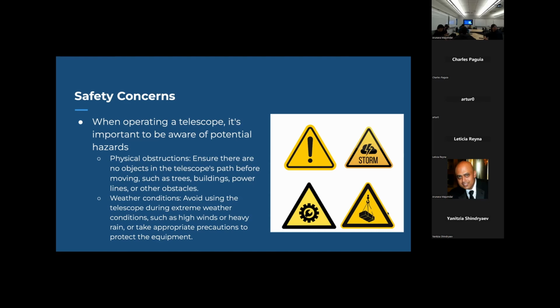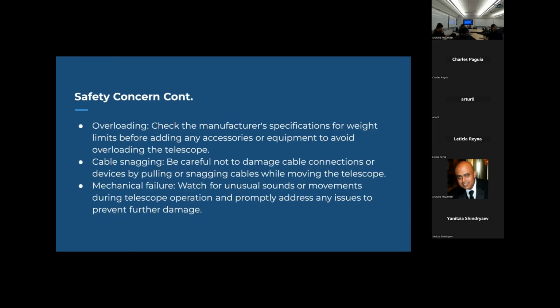The weather conditions as well. Avoid using the telescope during extreme weather conditions such as high winds or heavy rain, and take appropriate precautions to protect the equipment. And continuing with the safety concerns,